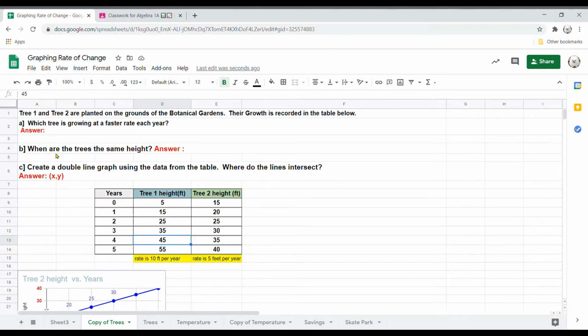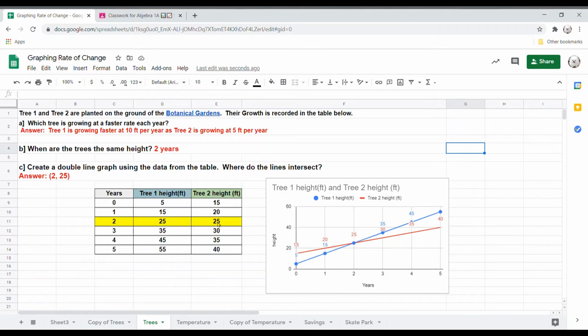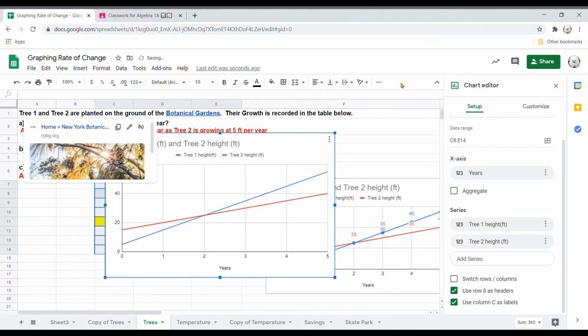Now, the next part of the question is, when are the trees the same height? Well, if I look at the table, at year 2, 25 and 25 are the heights of tree 1 and tree 2. So 25 is the height of both trees at year 2, as indicated by this yellow strip I have. And we want to create a double line graph using the data from the table, and we want to know, where do the lines intersect? So if I look at my table, I take my cursor, I shade the whole thing, I go to insert chart, and